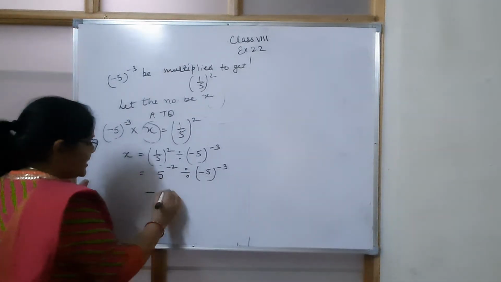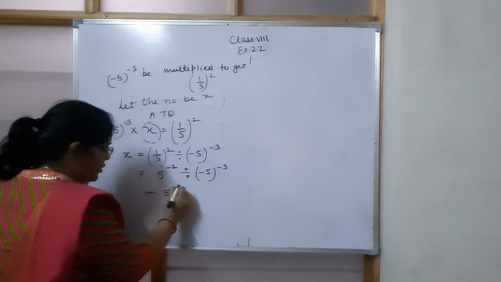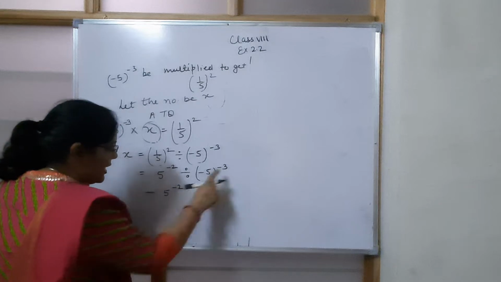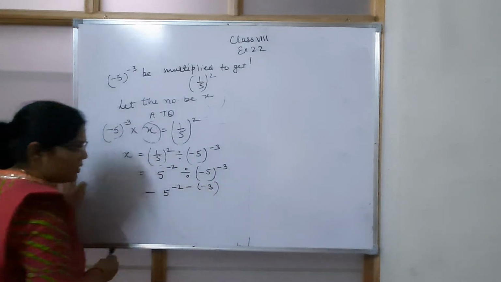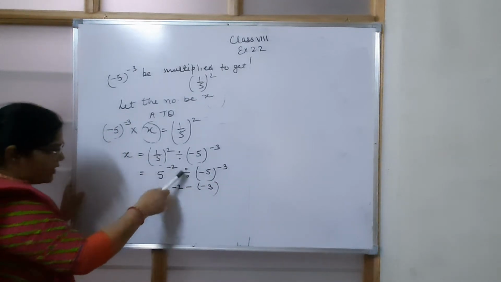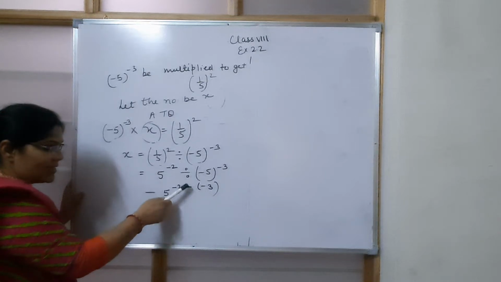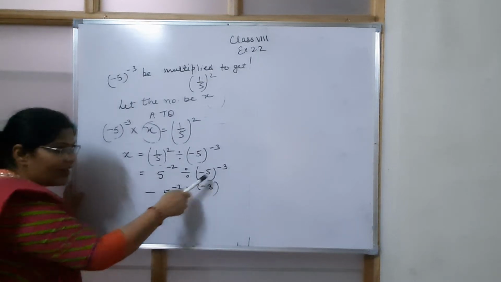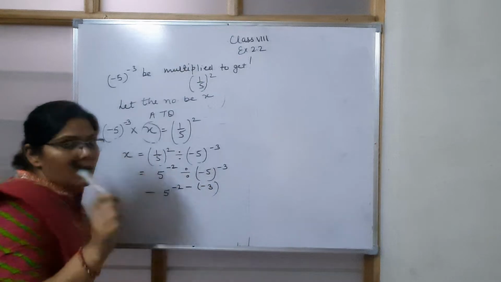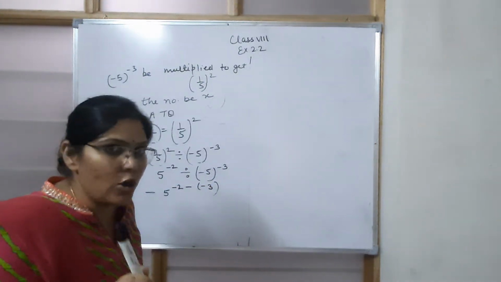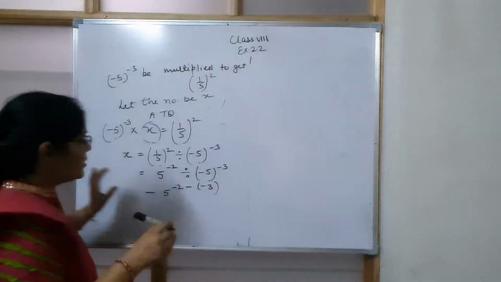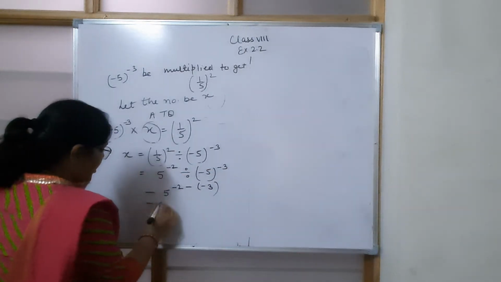Now divide sign is there, so powers will be subtracted. First power, now minus sign, and then second power. Please take care of the sign. First power, which is minus 2. Divide sign is there, so that's why I am putting this minus sign. And our second power is minus 3. We are not supposed to change the sign of our power. Okay, so this is the exponent. So this is going to be minus sign.